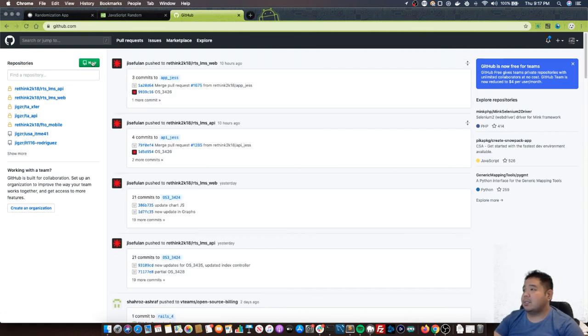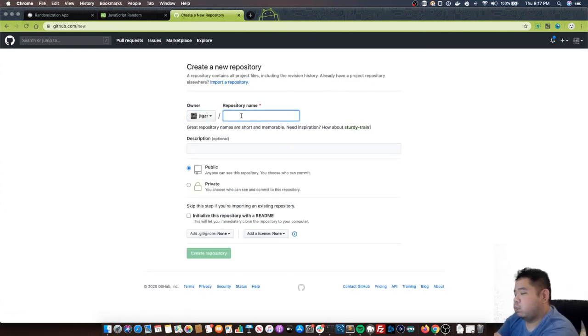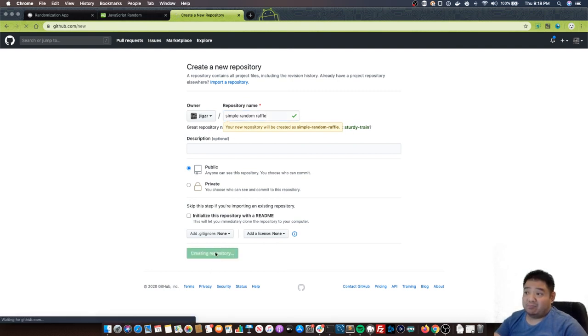You will see here, gagawa tayo ng bagong repo. Simple random raffle. So, yan yun. So, we'll make it public para kahit sino pwedeng